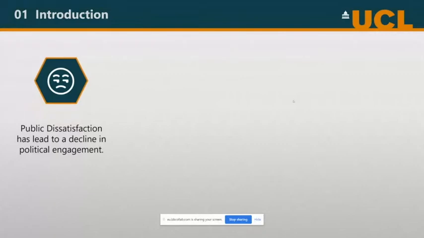Public dissatisfaction in government and politics has been on the rise for at least the last 4 or 5 years, especially in the under 30s. One of the ways to try to combat this was a democratic innovation, e-petitioning. There are plenty of different innovations that have come about, but e-petitioning is one of them, and it's been really effective in counteracting this public dissatisfaction and getting people involved in country politics.